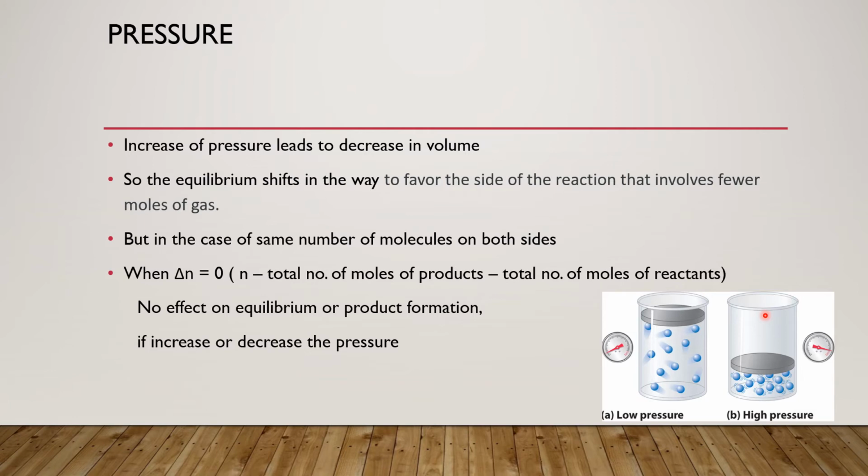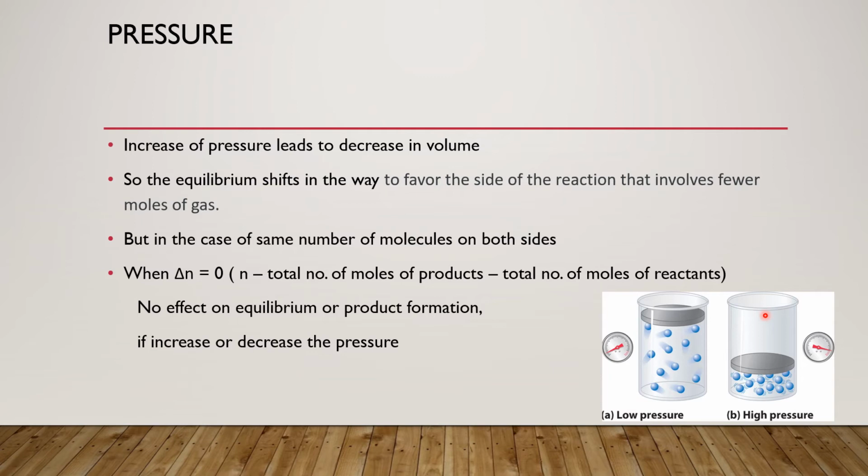Let's say in your class you are 100 students. If 100 students are in one small classroom, you will feel more hot, right? So you will feel like somebody should stand outside so that the people in the class can feel some relief, right? In a similar way, the equilibrium will shift towards the fewer number of molecules.